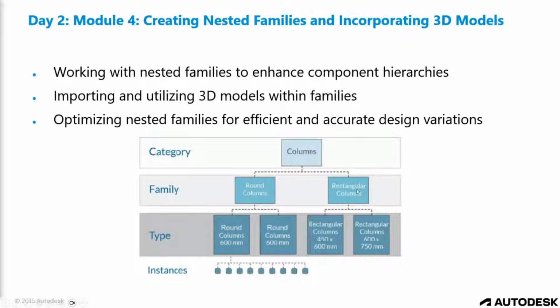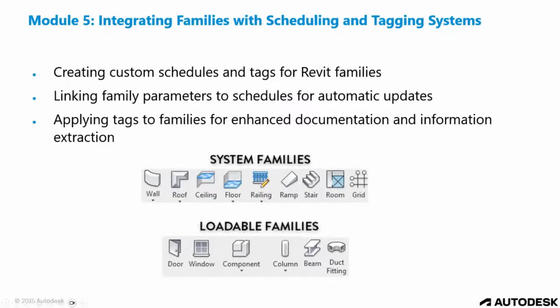It may be round columns and rectangular columns, and then those families have types that can be round columns with different dimensions, or other rectangular columns with different dimensions. And out of that, there are instances of the families, of the family types, which will break down into more details of the instances and types. So from there,